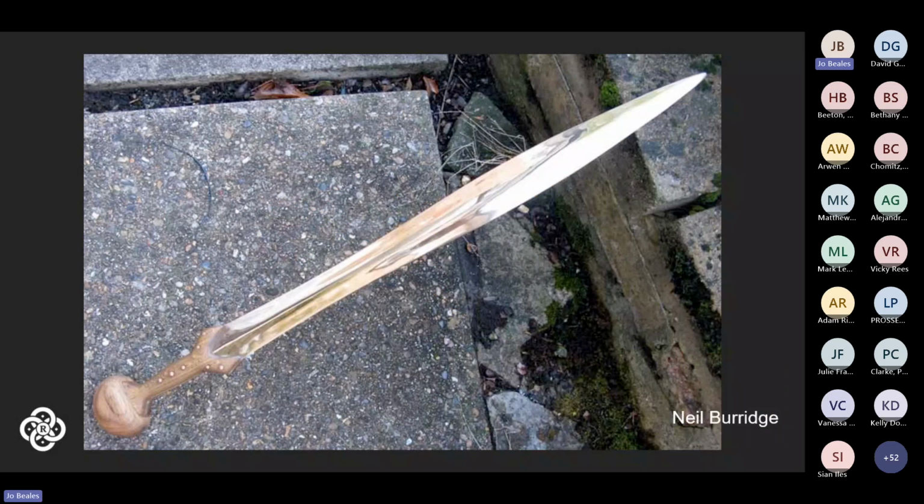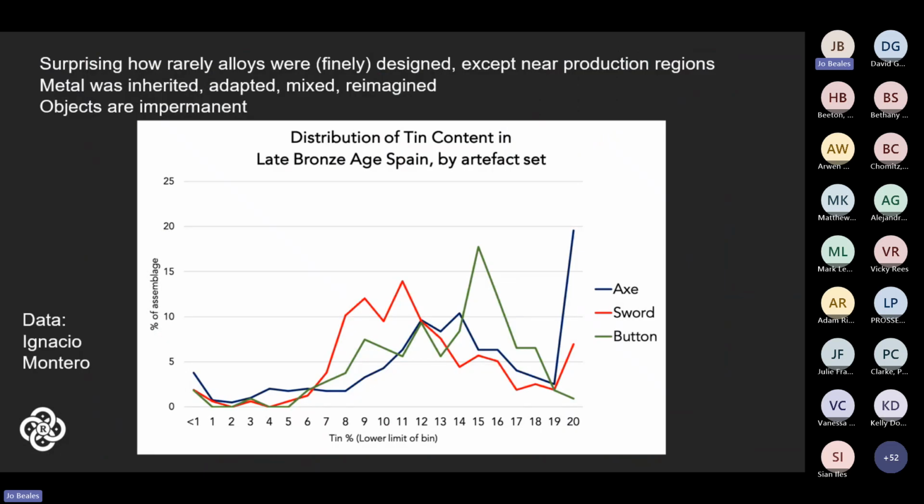So, another quick Bronze Age example. This is a reconstruction of an Ewart Park sword by Neil Burridge. It's very surprising to us, looking at some of the rich data sets we're remodeling, how rarely alloys were finally designed in the late Bronze Age, for example. This is the Spanish data produced by Ignacio Montero, and we can see quite distinct distributions here of tin in the bronze for axes, for swords, and for buttons, each with a different color there, with the swords actually having the lowest amount of tin,